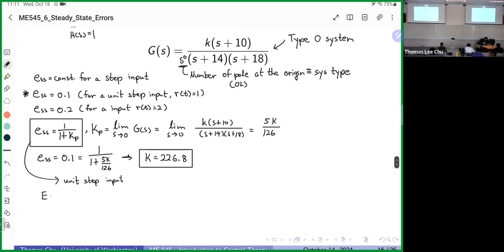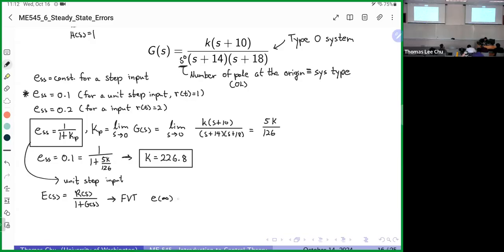Because E of S is equal to R of S divided by 1 plus G of S. So the reason why I say if you have a different size input, then R of S is also going to increase in size. So the way they found E of S is by applying the final value theorem, where